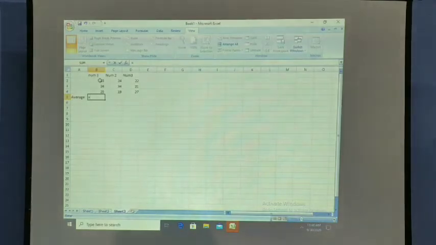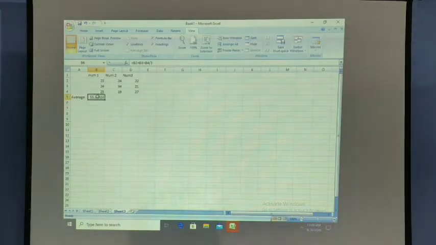This is B column, second row, plus B column third row, plus B column this row. Now this divided by 3. If I write this, do I get the answer? 55 point something is coming.